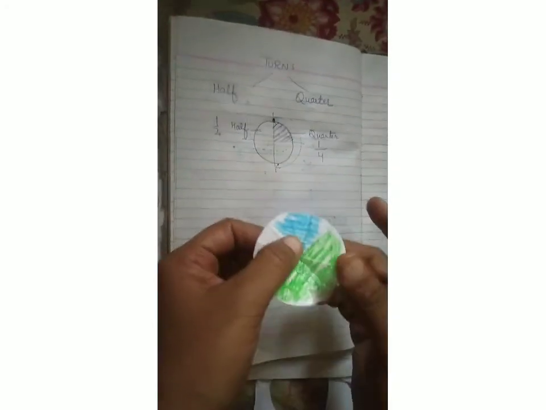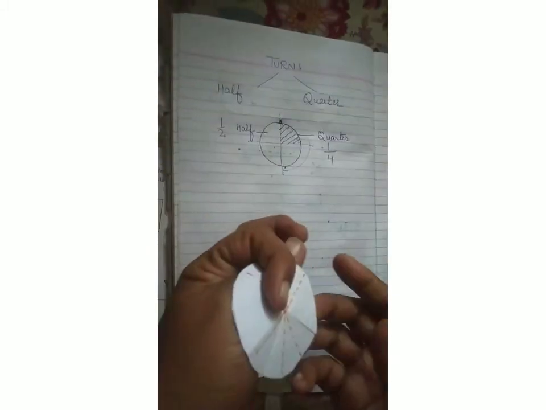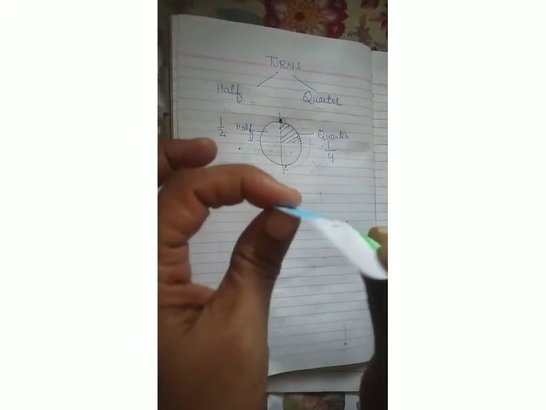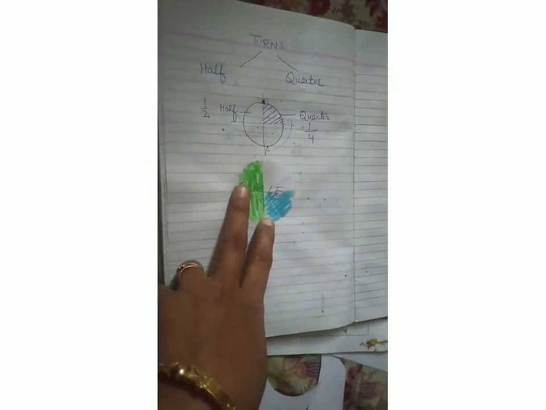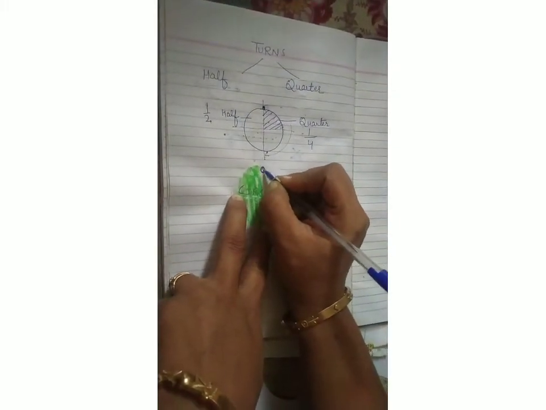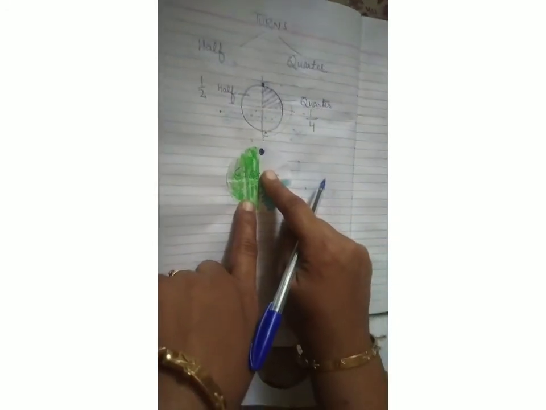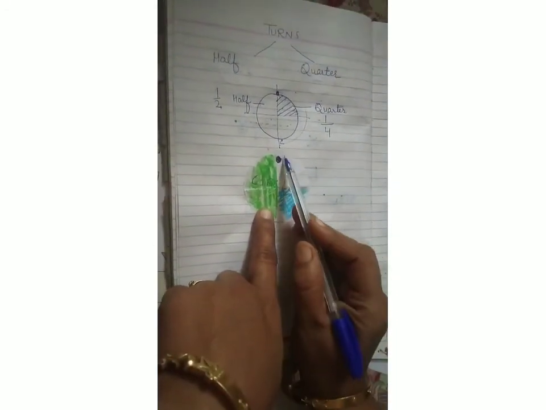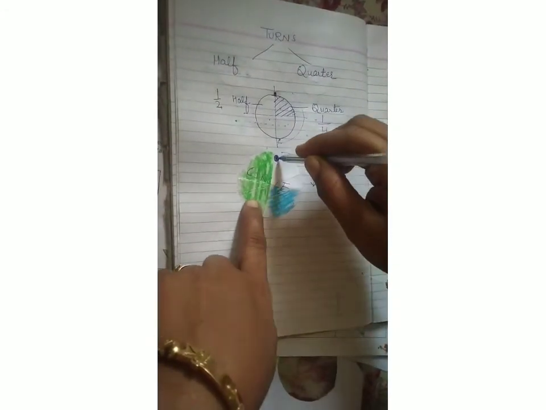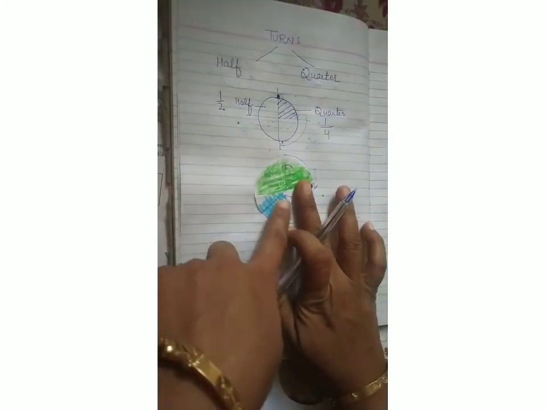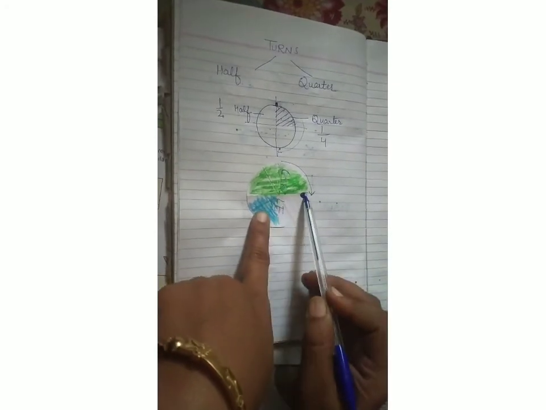Now I'll teach you how the shapes will look when we turn them in half or quarter. Okay, so we will start with this circle itself. Suppose this circle, for convenience I am just putting a dot over here. Now I am turning this circle by quarter turn. Quarter turn means from here I have to turn till here. Look carefully, children. I have turned it quarter. You can see, children, only the dot has moved from here till here.